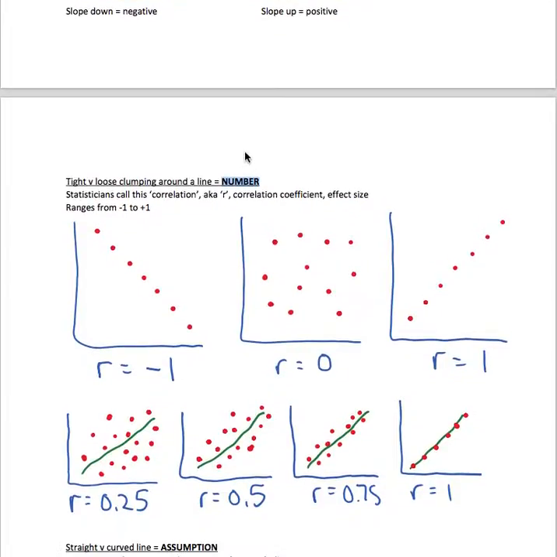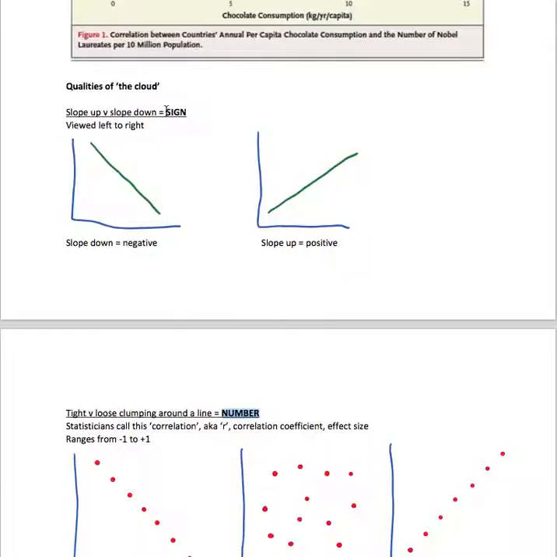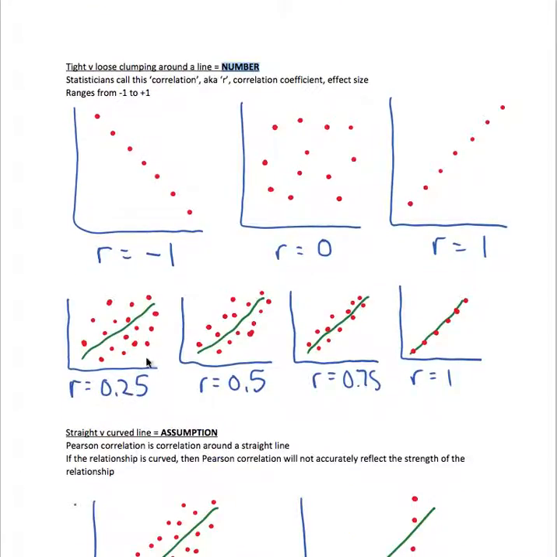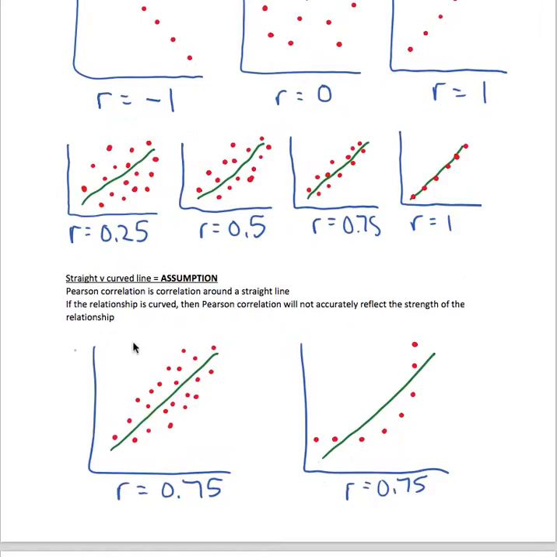Okay, so we have both the slope, the sign of that is either positive or negative, and then the number itself tells us how close those data points are to the line. And the whole idea of the straight versus curved line, this really is one of the assumptions of Pearson correlation. This is a correlation around a straight line. So how close are these data points to a straight line? If the relationship is curved, then that correlation coefficient that we're going to be getting will not accurately reflect the